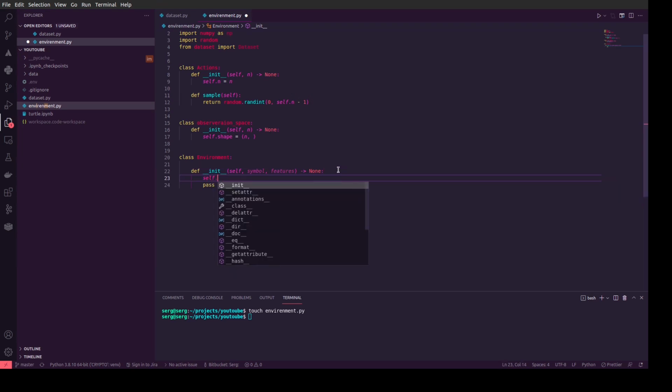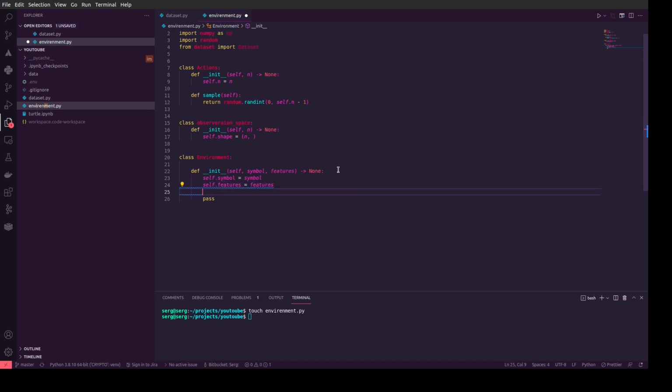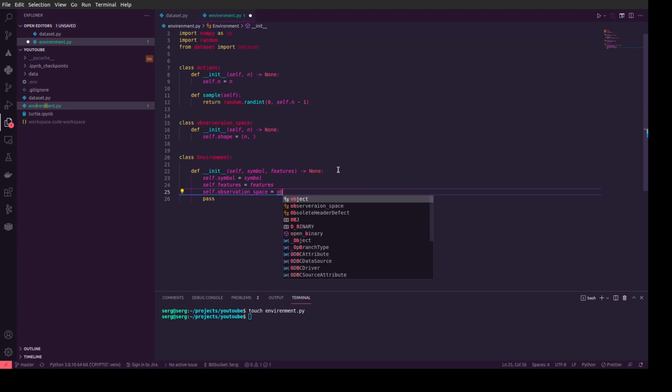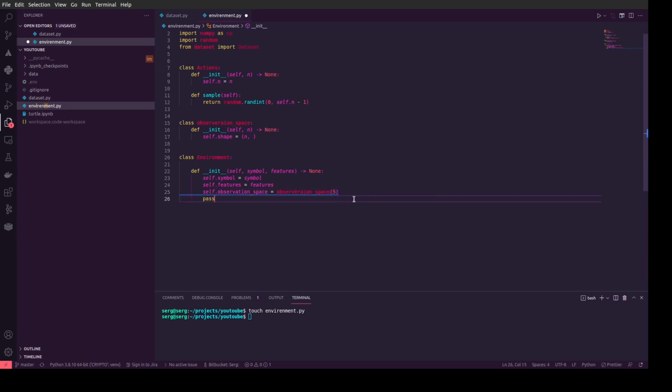Okay, self.symbol will be symbol. We create a global variable, and we need to create the observation space. By default we take, for example, the last 5 bars. It will be like look back. Okay,